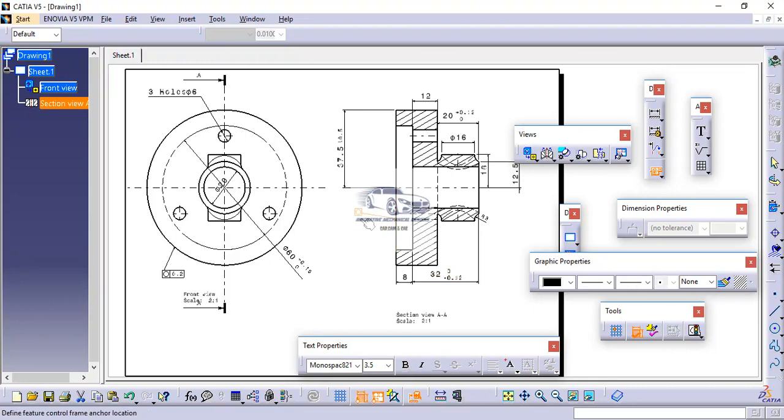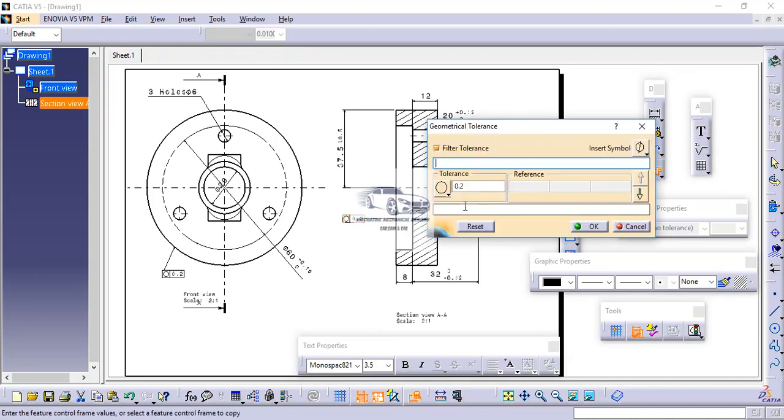Now this particular tolerance has to be mentioned in a different format, not in a single arrow format. For that we can select the shift button and click here, and then here I can select the option of straightness and the value is mentioned as 0.02. So here I will select the option of 0.02 and then OK.